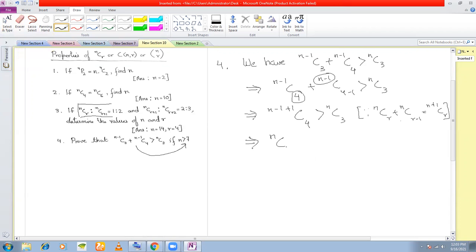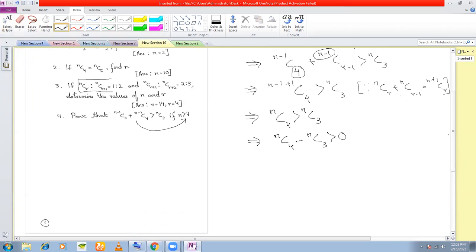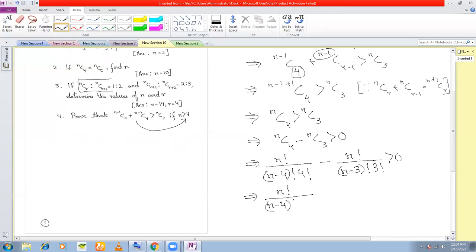So you get nC4 greater than nC3. That means nC4 minus nC3 is greater than 0. Now from the formula you have n factorial by (n minus 4) factorial into 4 factorial, minus n factorial by (n minus 3) factorial into 3 factorial, is greater than 0. That means you have n factorial divided by, now (n minus 4) factorial you write as it is, and 4 factorial